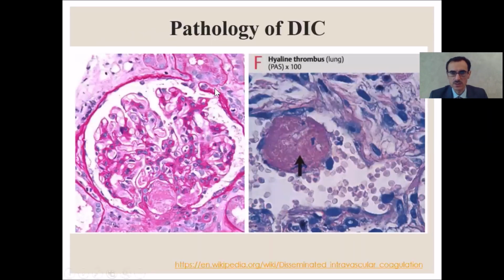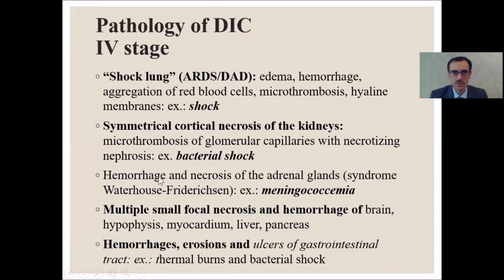Here we see the pathology of the disseminated intravascular coagulation, the hyaline thrombus in the lungs. This is a PAS staining. And here also we can find in the kidney, the hyaline thrombus during the disseminated intravascular coagulation. And the fourth stage, this is the shock line in some internal organs. Here results a very serious